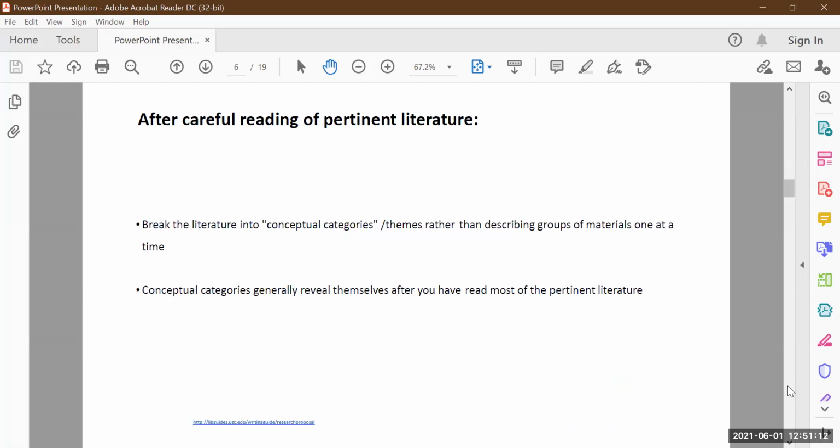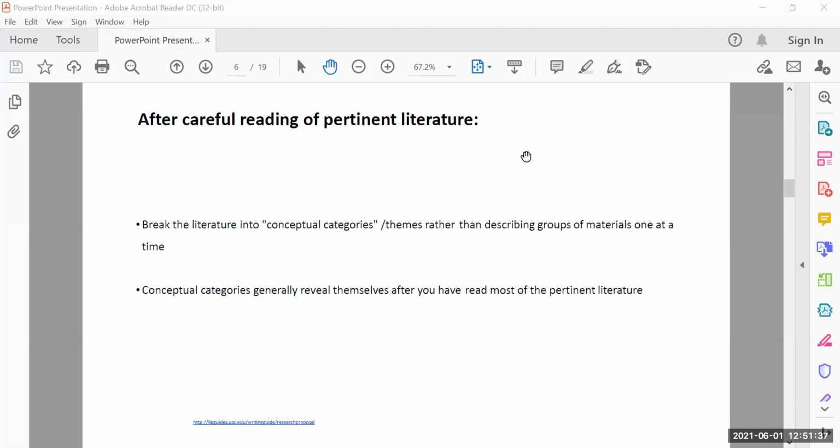After careful reading of the pertinent literature, once you read the literature, you can make groups of the literature, papers or articles. Let's say someone is using design of experiment only for process optimization, machining process optimization. So all papers discussing design of experiment can be put in one category, as one folder.